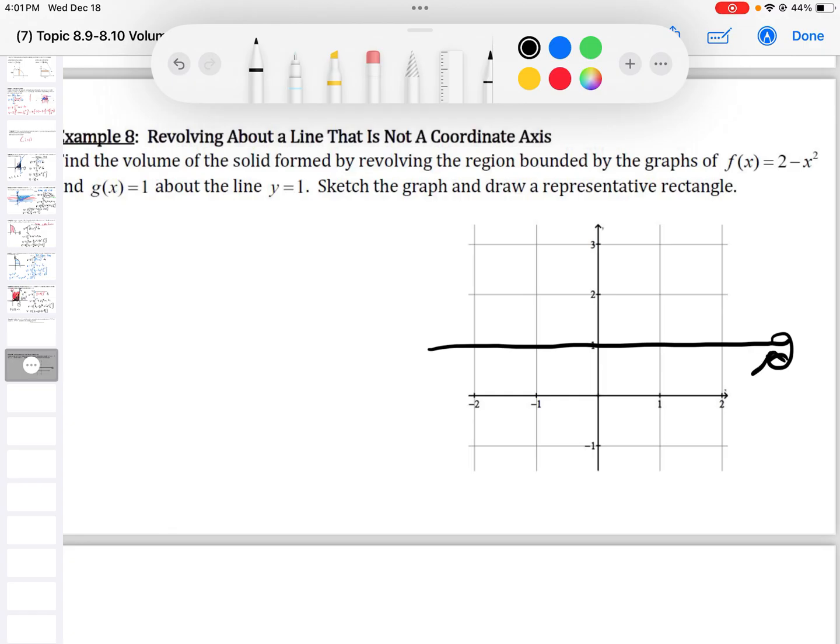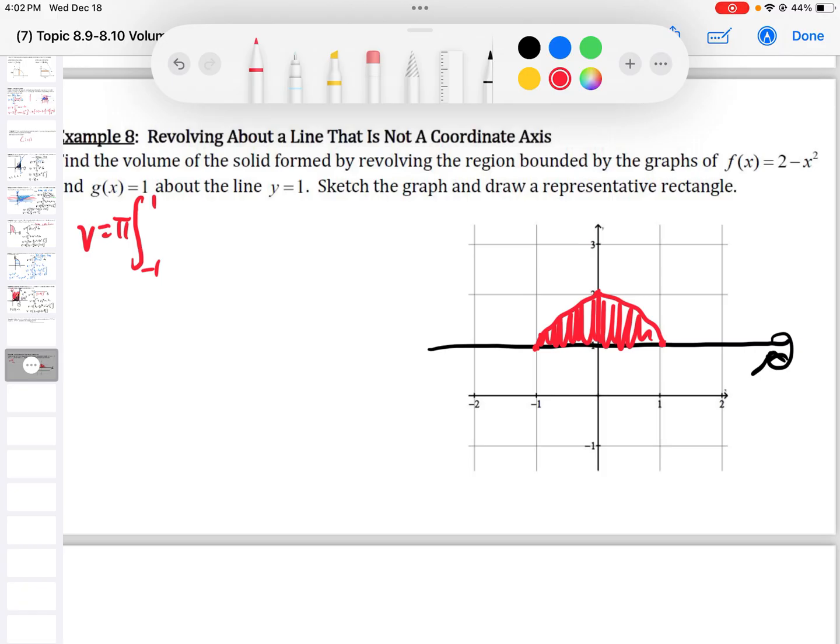Now, 2 minus x squared. Okay, so if I plug in 1 to that, 1 squared, 2 minus 1 is 1. So it kind of looks like this. And we're going to rotate around that axis. So we're going to take this, and we're going to rotate it around. So we're rotating around basically like the x-axis. So the volume would equal pi from -1 to 1